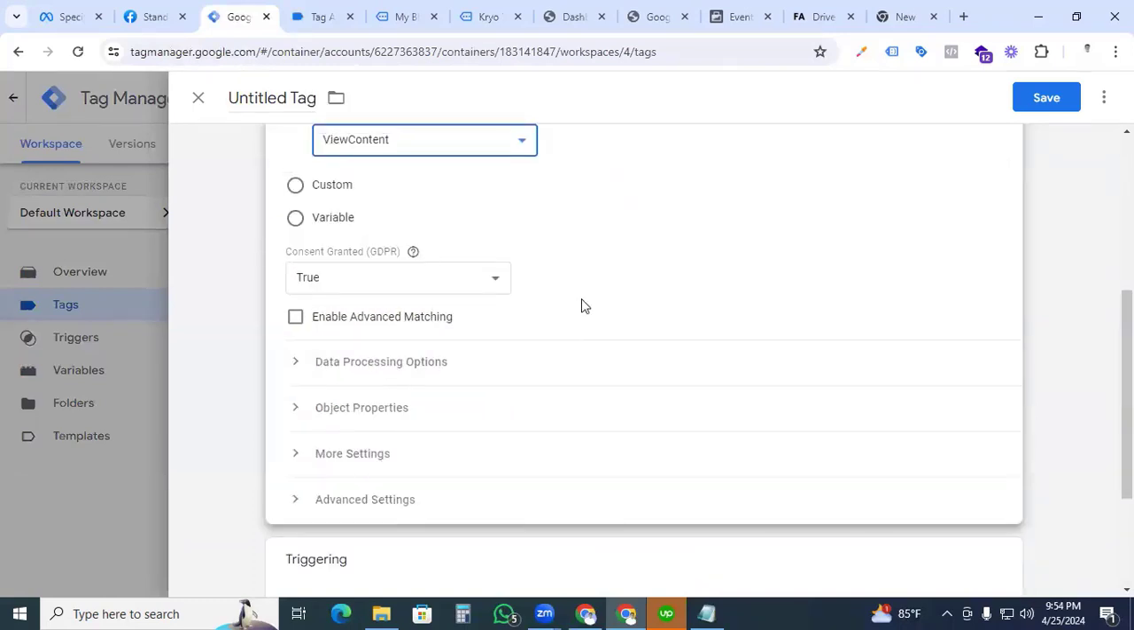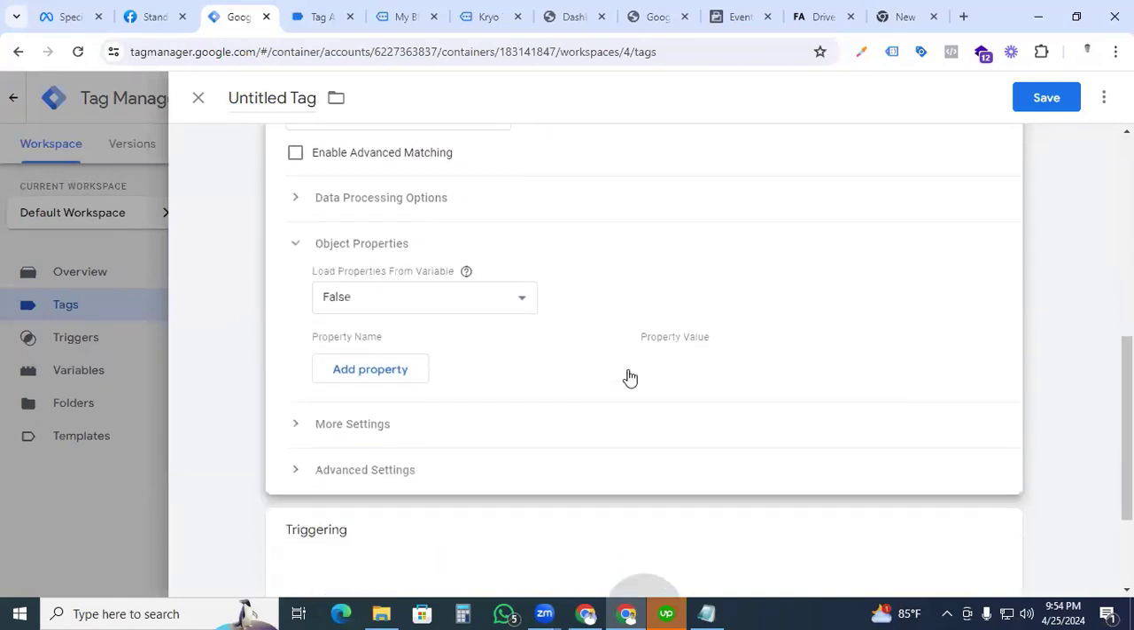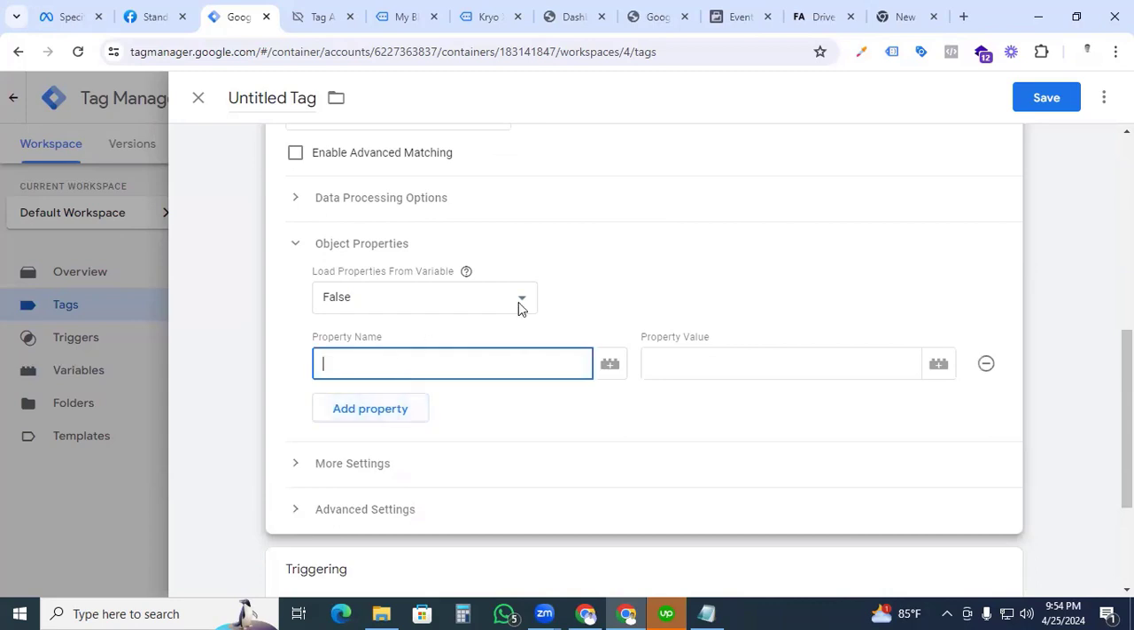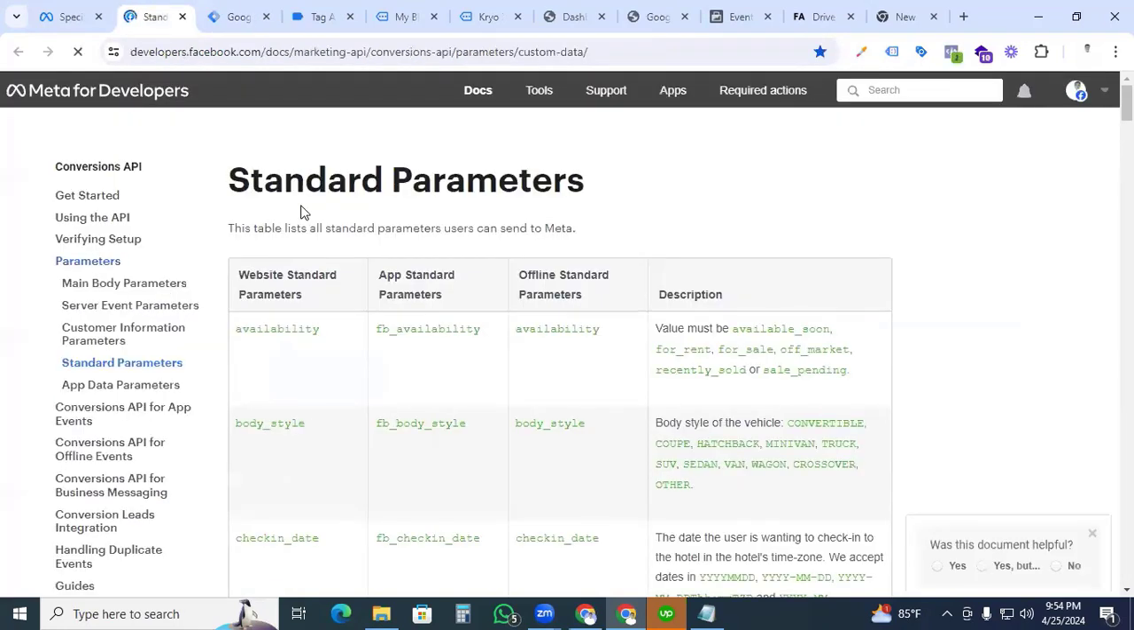Now we are setting up some parameters for the view content event. So click the object properties, and here we add the property. For the view content event, we have to send some required parameters to Facebook, so we have to create those event parameters. The first one is content type. Now the question is, how can we find out this property name? Here is a guideline from